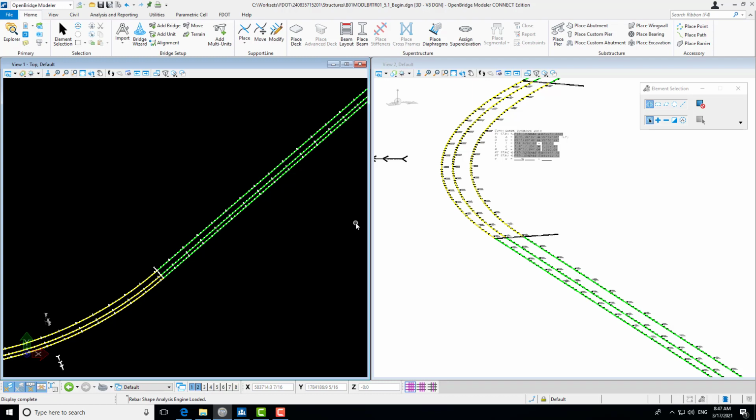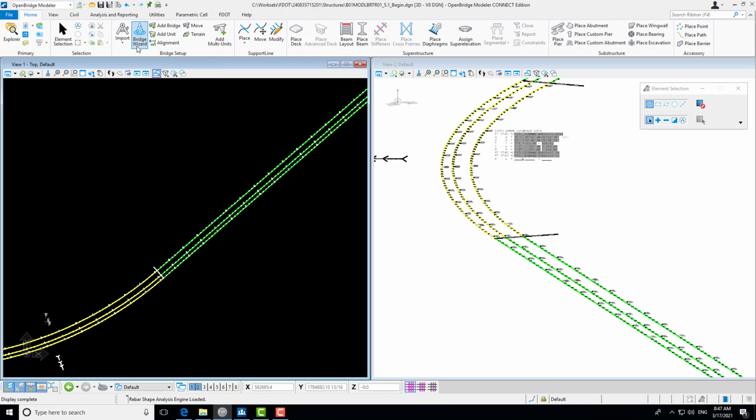So before we get going, I did want to point out a few things. First, that there is a bridge wizard. This is basically a way to create a model quickly that was added in more recent versions of the software. This is an option for the users for certain types of bridges, but I would be careful of some of the limitations there and loss of control in some of what we create. So the manual and these videos are going to follow the more traditional OpenBridge Modeler approach to this. So there's more information in the volume 1 of the training manual if you'd like more information on the bridge wizard.